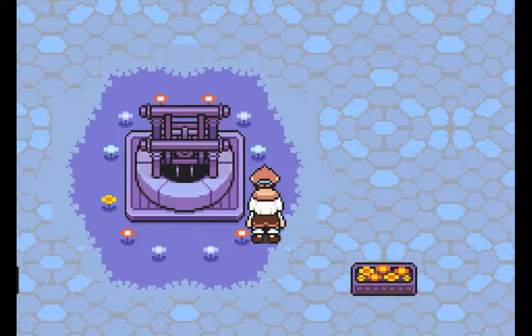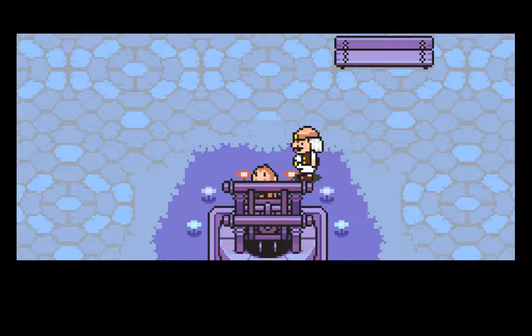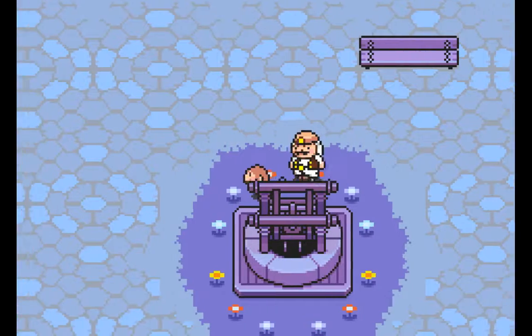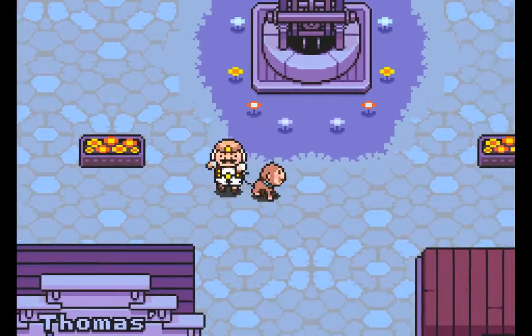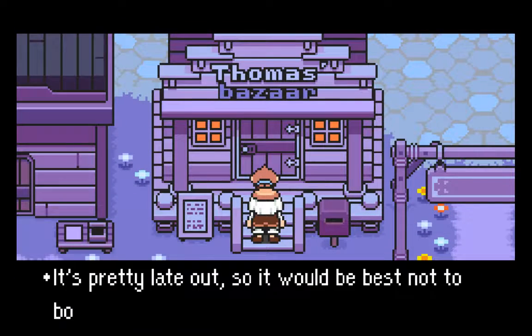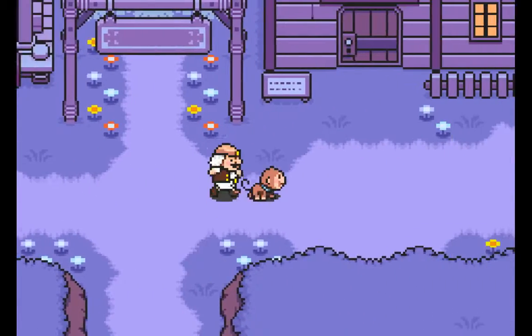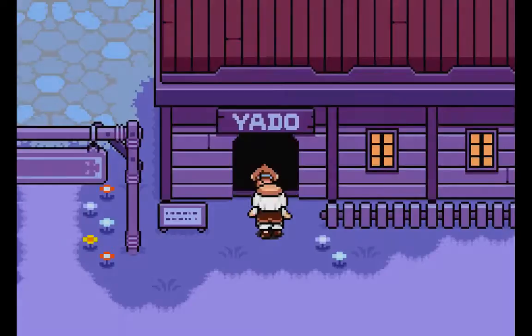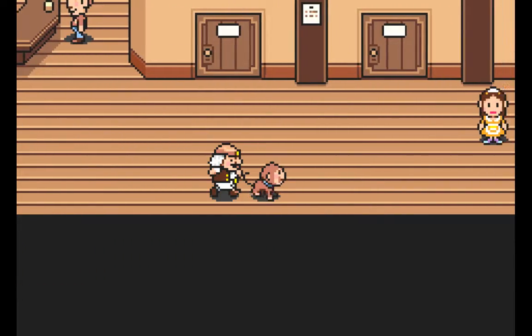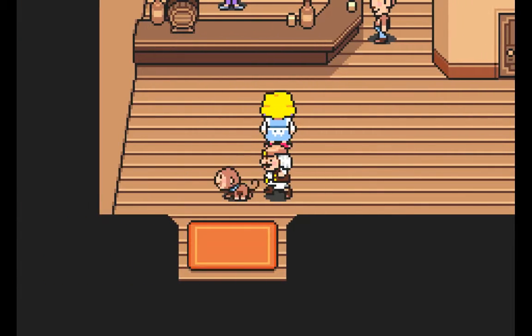Could it be that Facade will steal the money? Perhaps he will. We'll find out later. It's pretty late out, so it would be best not to bother people. I guess we will not take a look at Thomas's wares, but we will head into the Yado Inn. Take a nice little rest by talking to